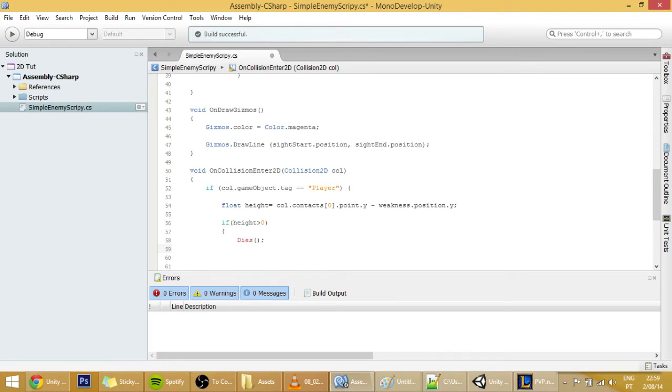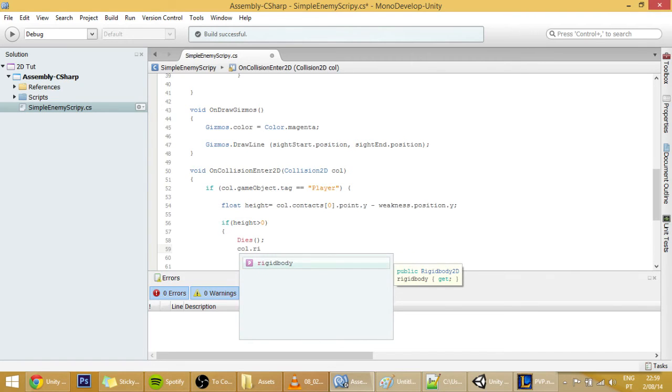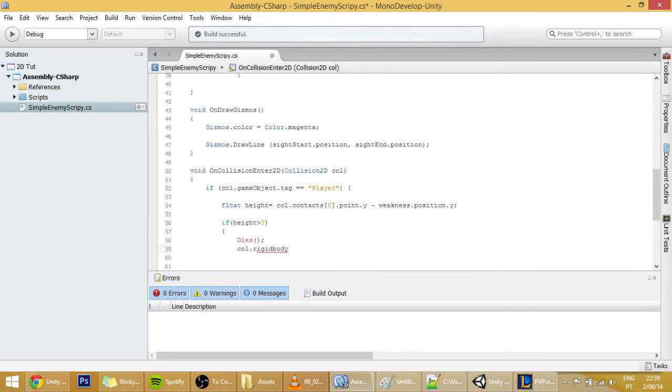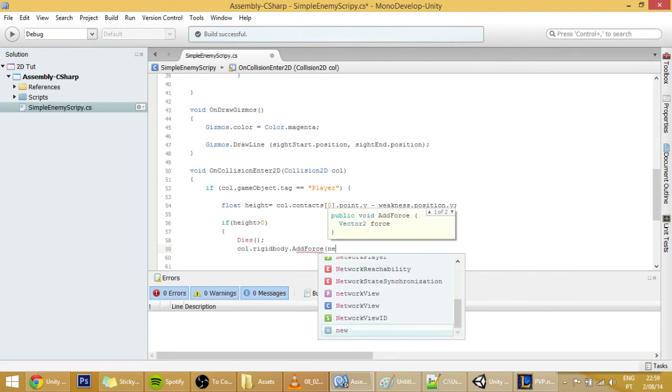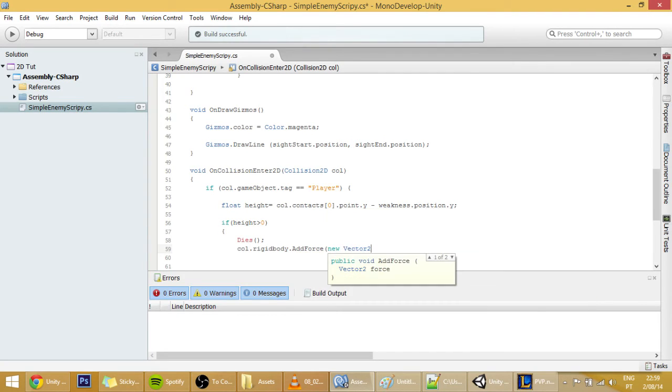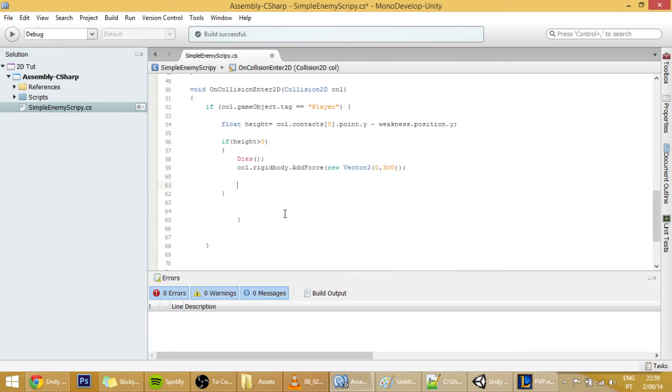So to make that happen, call .rigidbody, which accesses the rigid body of what this enemy is colliding with, which will be the rigid body of the player, .AddForce, and we're going to add a new Vector2 force, which will be 0 in the x, and it will be equal to something like 300 in the y.